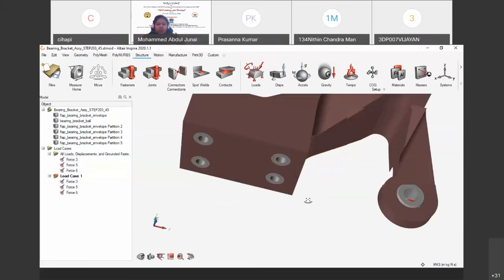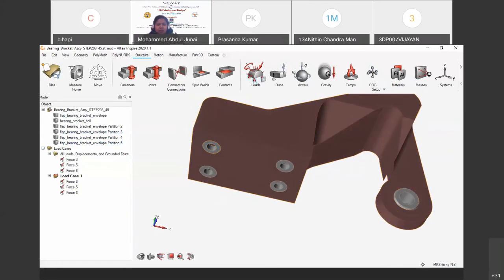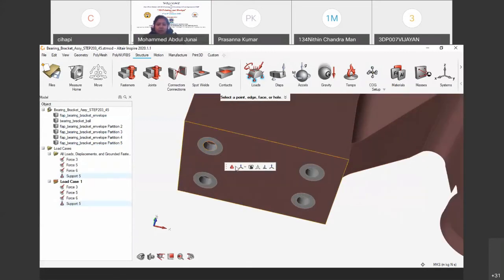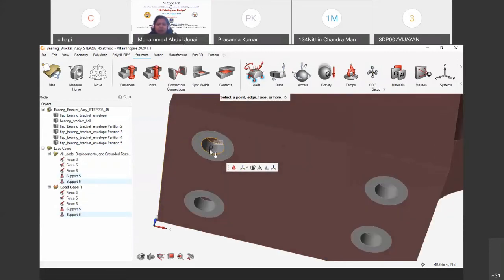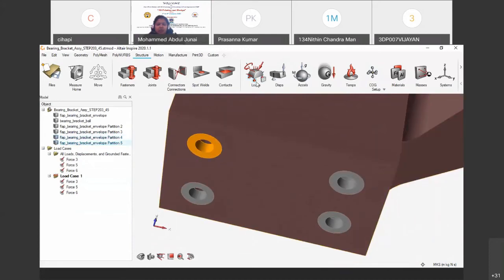I want to apply some supports, that is, the constraint locations, at these four bolt locations. So I will get into the supports option and select the surface where I want to apply. Select the portion wherever you want to apply.